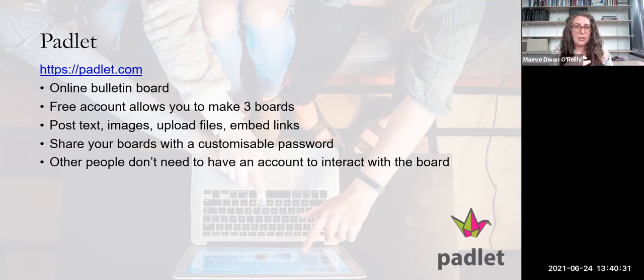When you use up your 3, you can put text in it, you can put images, you can upload files, embed links, all of that. And you can share the board with others and have a password on it, or you can make it public if you really want. And what I really like about it is that other people don't need an account to interact with the board. So you need an account to set up the board, but then